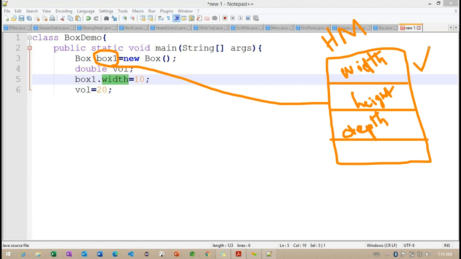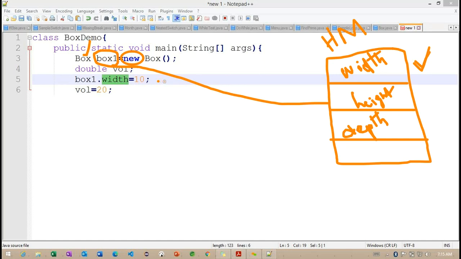This is very important, because this kind of example we did not discuss so far, how we access it whenever we use the new keyword. Whenever we use the new keyword, this box object is going to be created inside the heap memory. This is the simple diagram which shows how the objects are created.